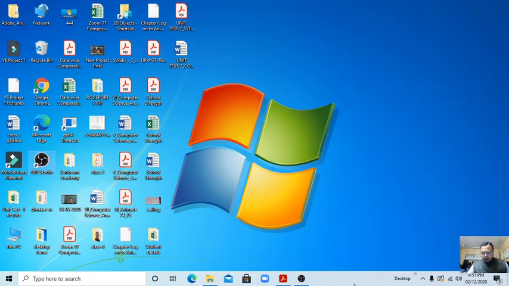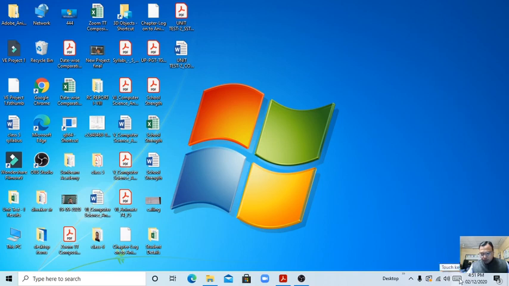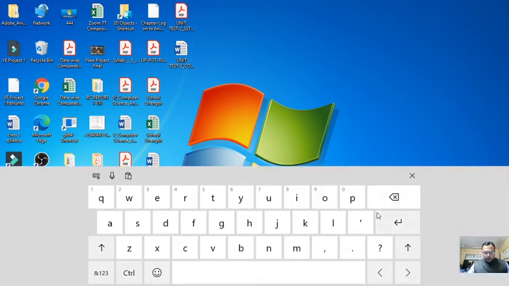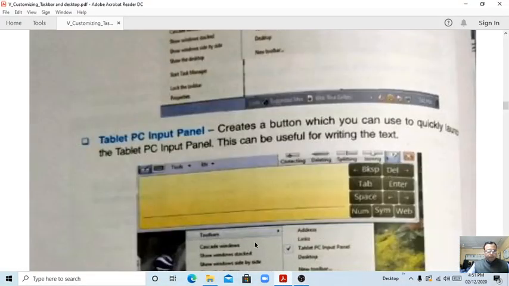I am showing the desktop here, and here we can see the touch keyboard button. If you want to write anything, click on here. This way it will open, and now we can write.